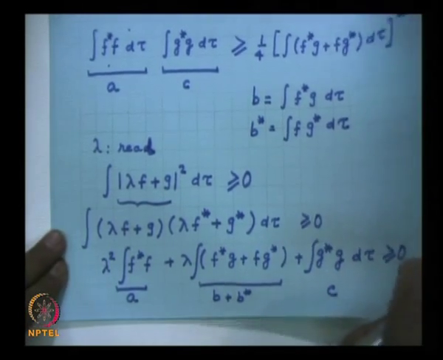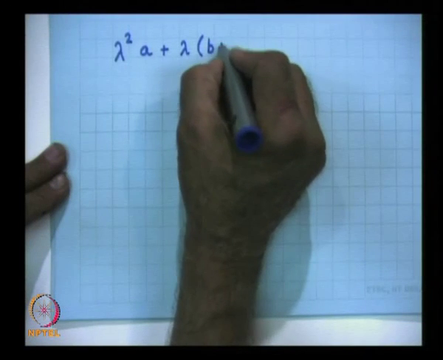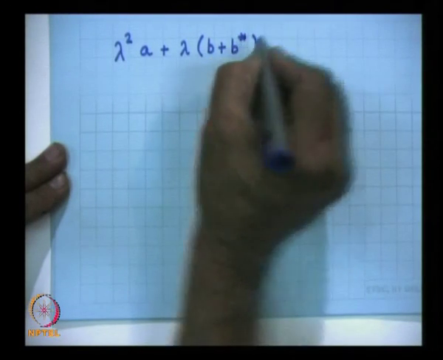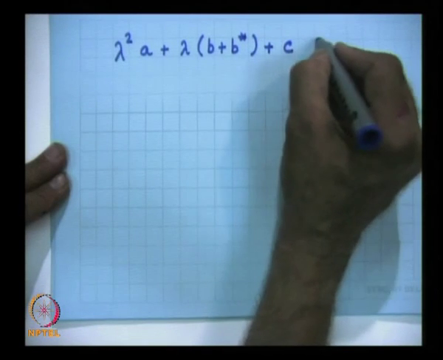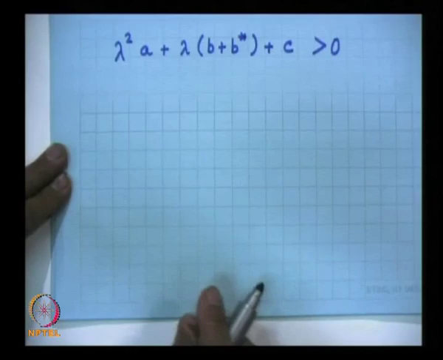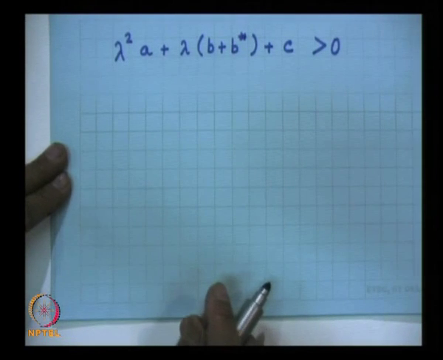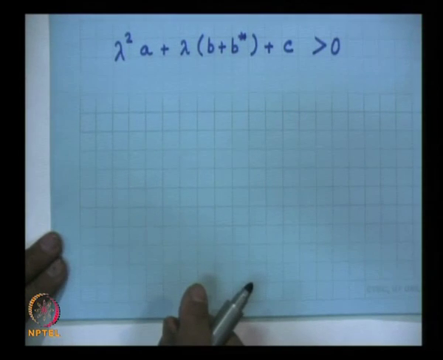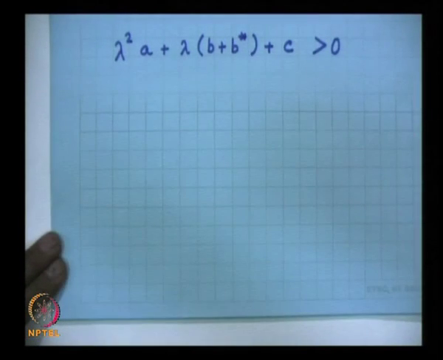So, I obtain lambda square A plus lambda B plus B star plus C will be always greater than 0. This means, if you plot this as a function of lambda, it will have no zeros, and so therefore, for example,